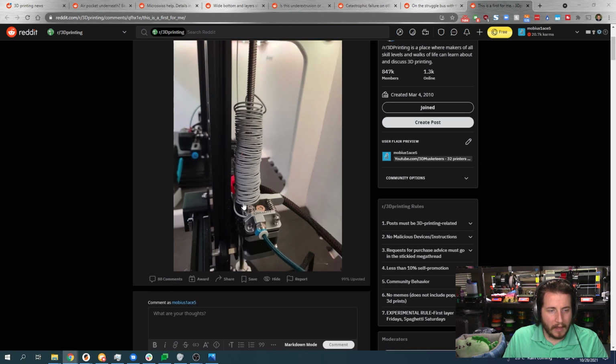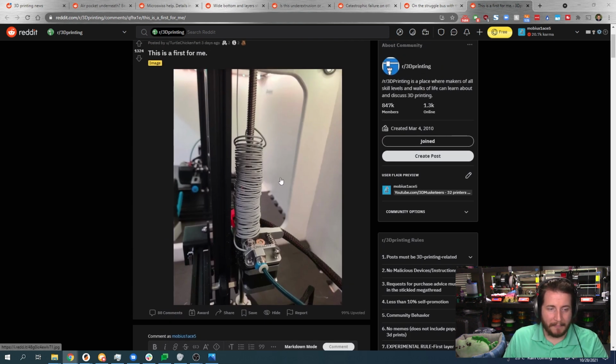Now, I'm not certain if this happened during a print. Maybe there was a filament break in the Bowden tube and it just kind of forced itself out and around, or they were trying to extrude a bunch of filament and didn't notice that it was not coming through their hot end. I think they tried to extrude a bunch of filament here and it did not come through their hot end